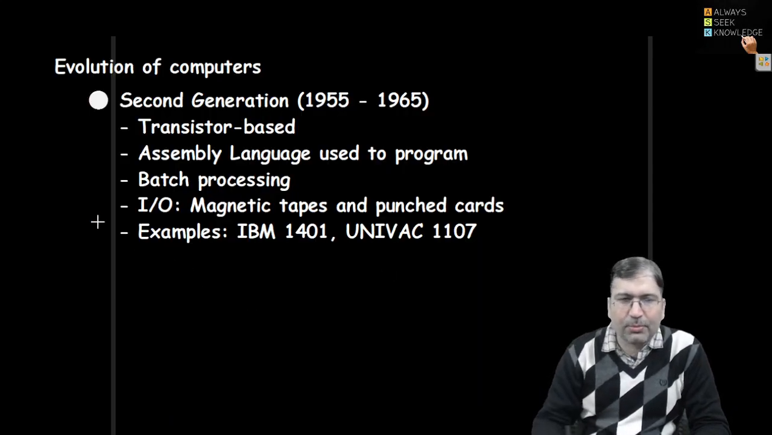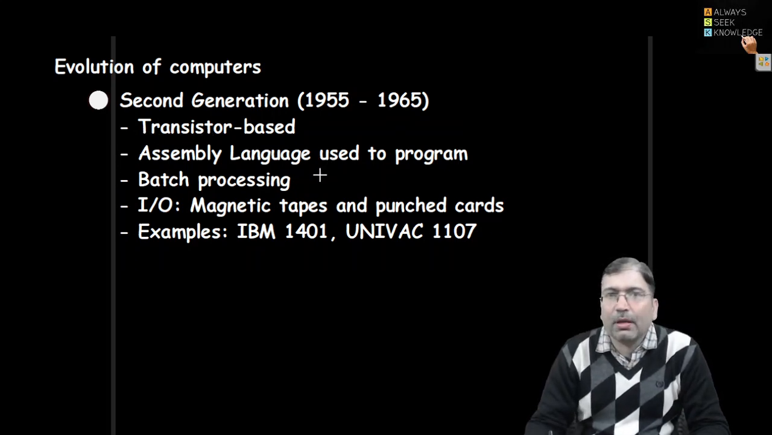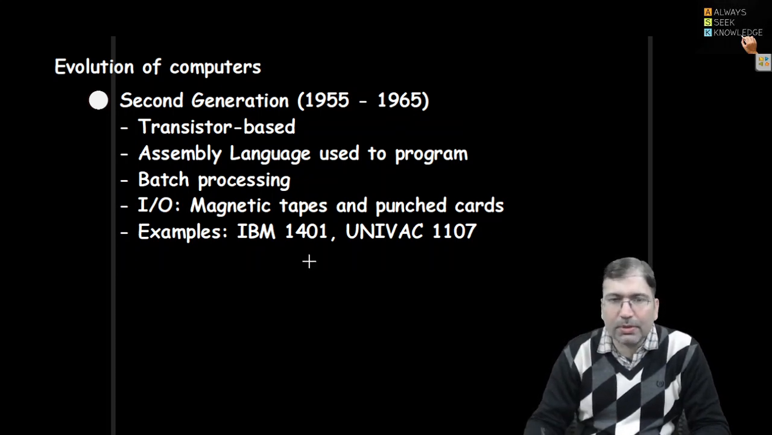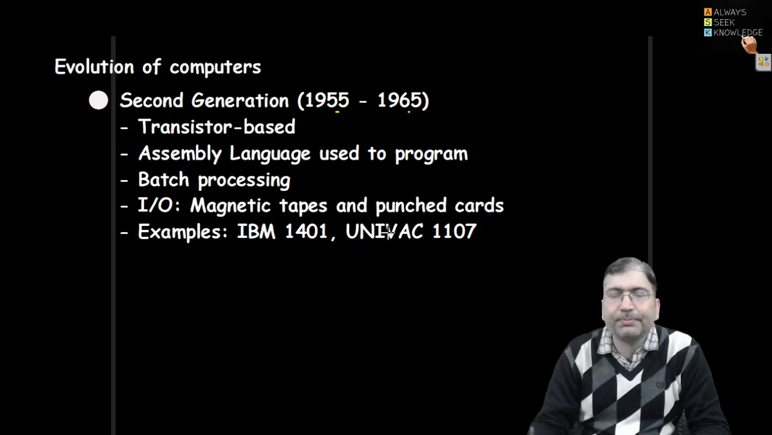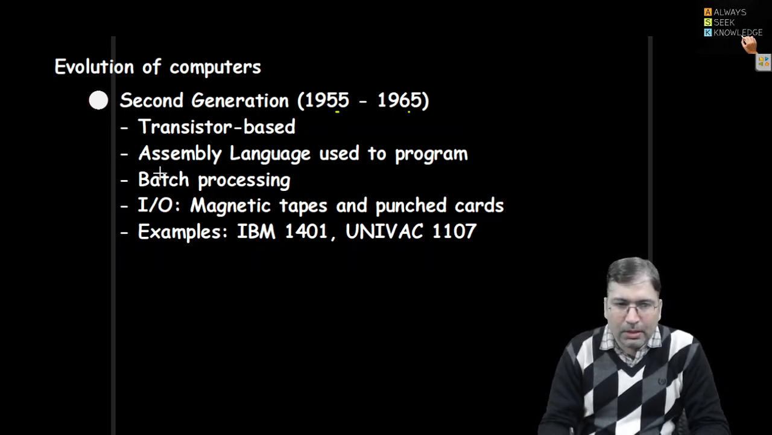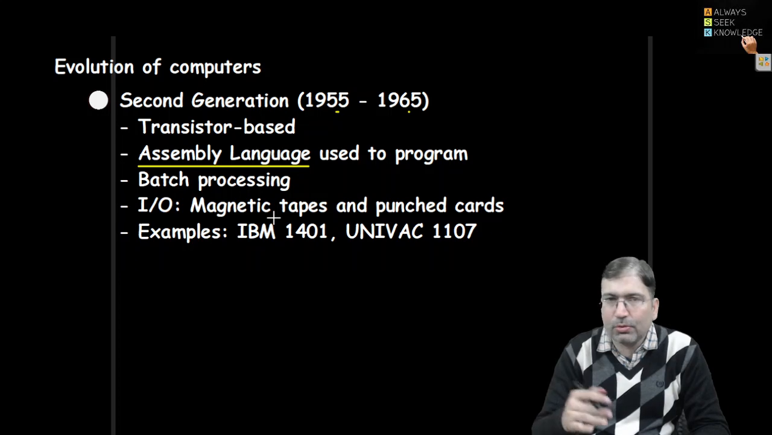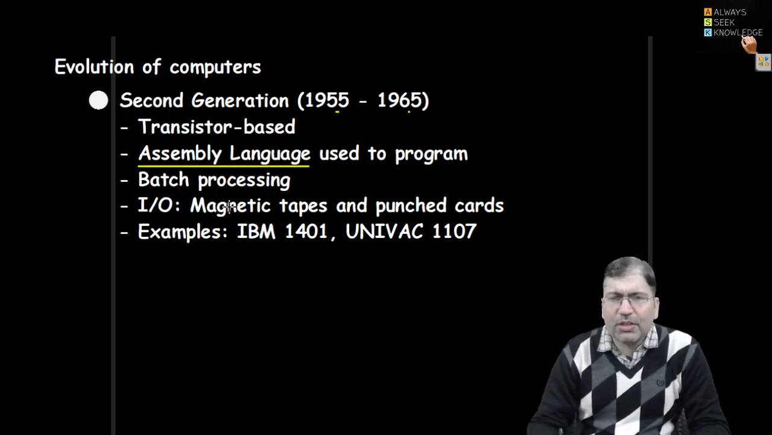Then the next generation of computers came with the existence of transistors. So when the transistor came into existence, a new generation of computers came into the picture. That is the second generation, somewhere around 1955 to 1965. Okay. And in these computers, assembly language was used to program. So assembly language is also a low level language. And in these computers, batch processing